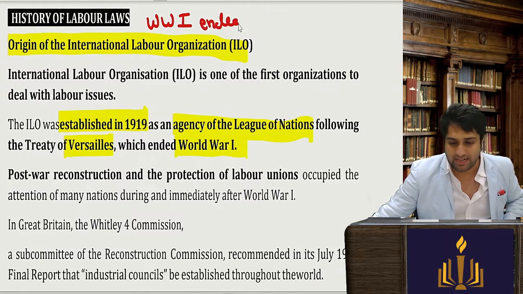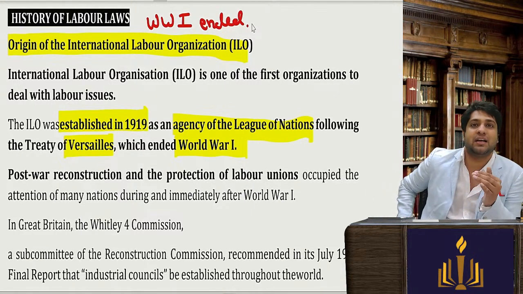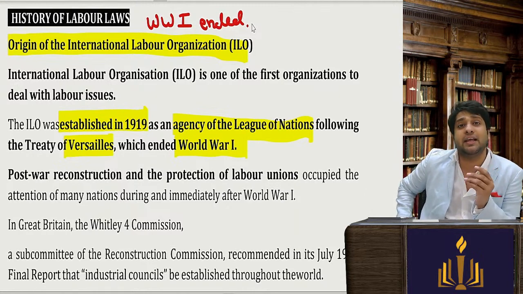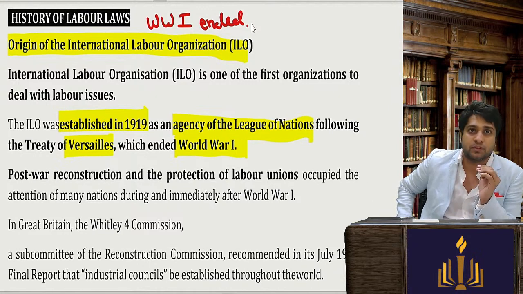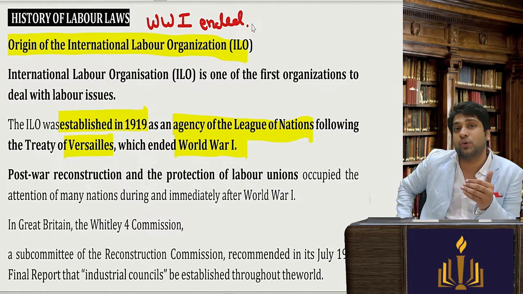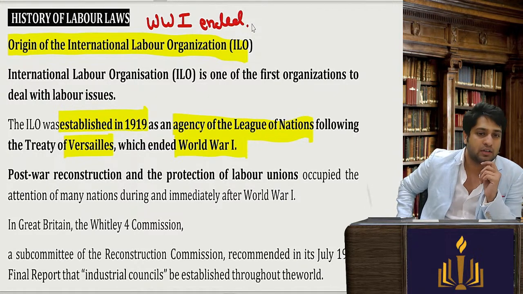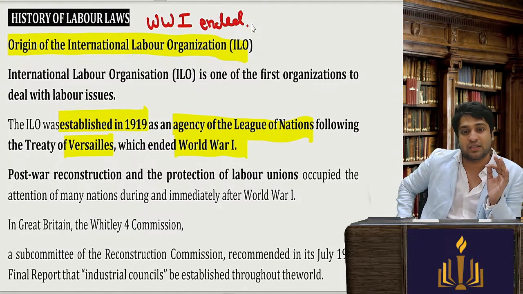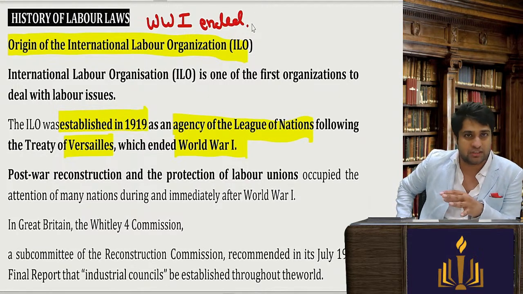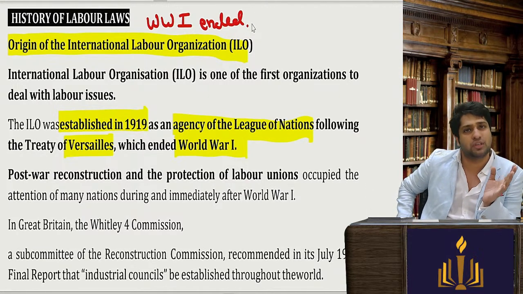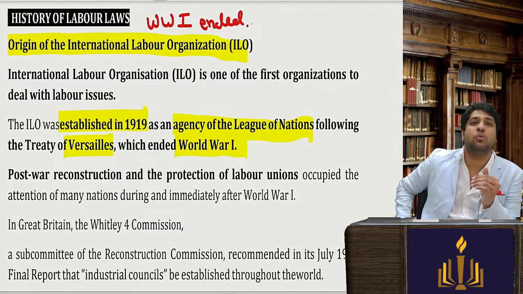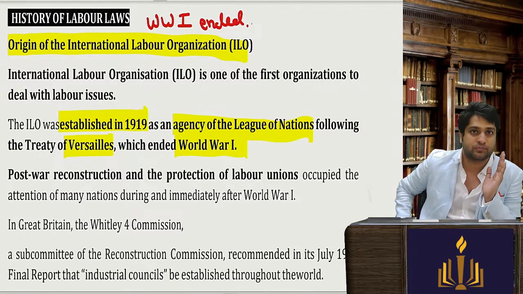The moment World War I ended, they started saying that listen, countries are not talking with each other. Internally, everybody has become very, very economically backward. Imagine after a world war, what will be the situation of the countries, what will be the situation of the workers, employees, workmen there. So then we made, as an agency of the League of Nations, like how we have the United Nations now, that time it was the League of Nations, an ILO was established in 1919. Okay, it was after the Treaty of Versailles.